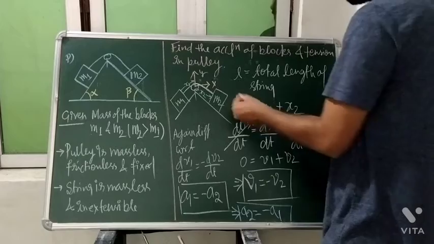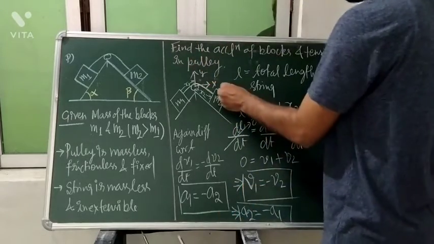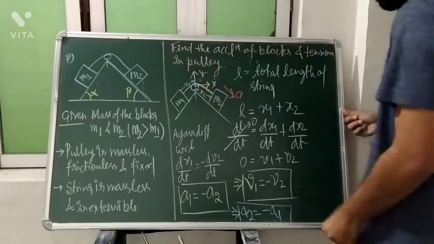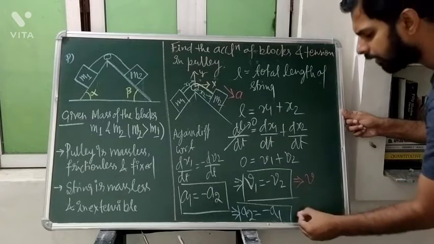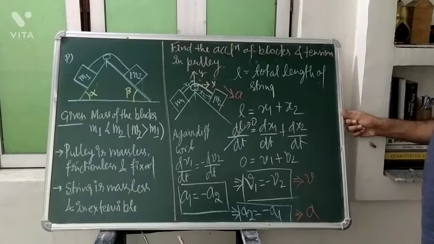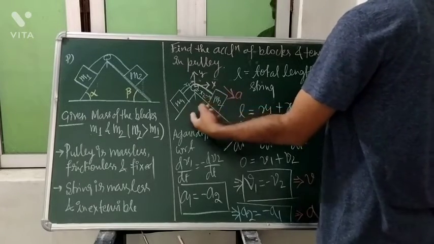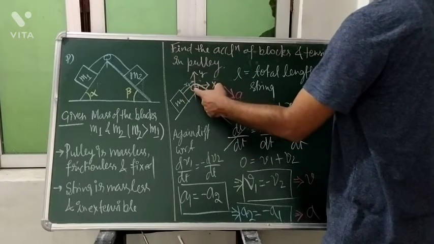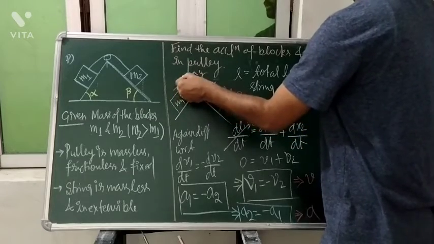So of course, student, if this is moving with an acceleration a, so something equals to b, and they are equal, something equals to a, we are saying. So if this is moving with a, it should move with minus of a, meaning since we have selected this as our positive, minus of this will be in this direction.